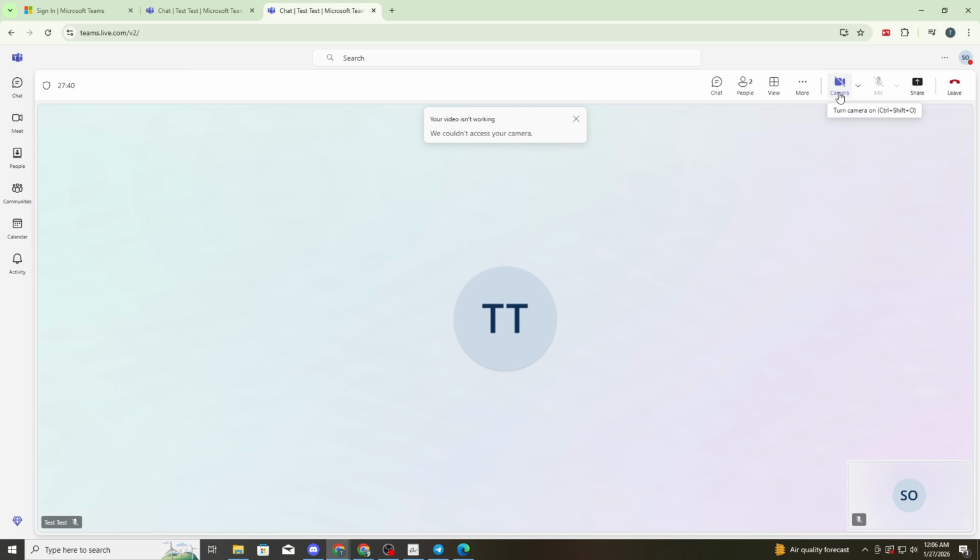You can also choose to turn your camera off if you need a break from being on screen. You can mute or unmute your microphone and even share your screen if you need to present something. All these controls are located at the top of your screen during the call. Plus, you can adjust your video settings by clicking on the three dots for additional options, like virtual backgrounds and